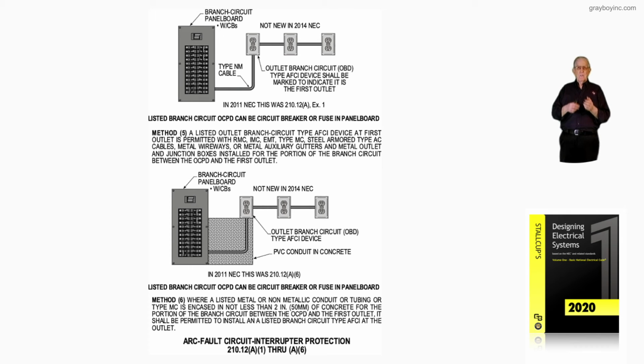So encased with 2 inches of concrete, as you see in the drawing, then you could have the type AFCI device there protecting everything downstream. And they have a device now that you could do that, but the installation of such device has to meet A1 through A6 to